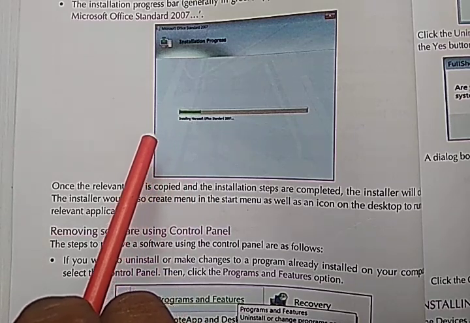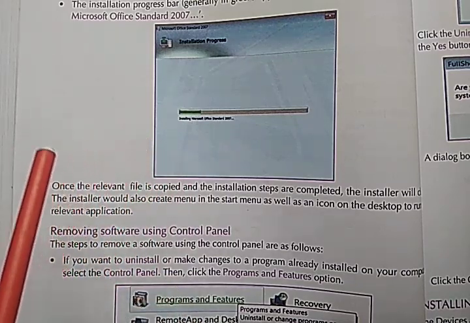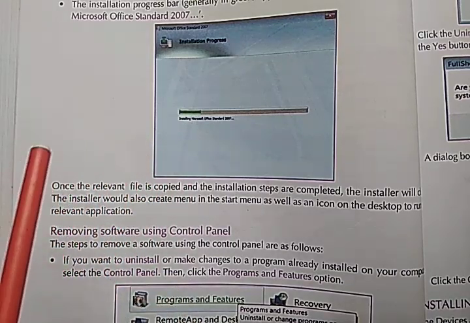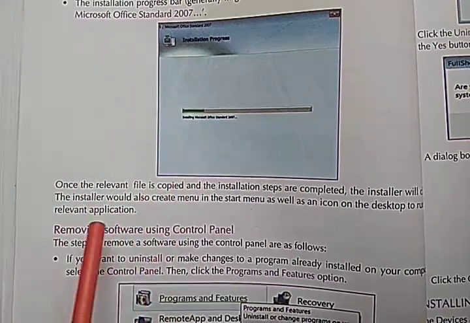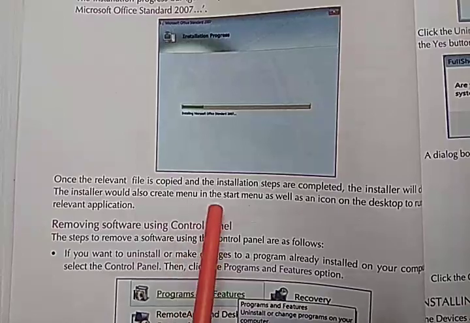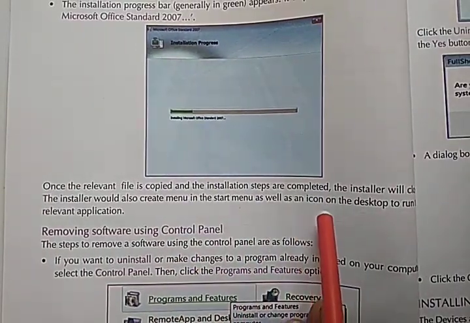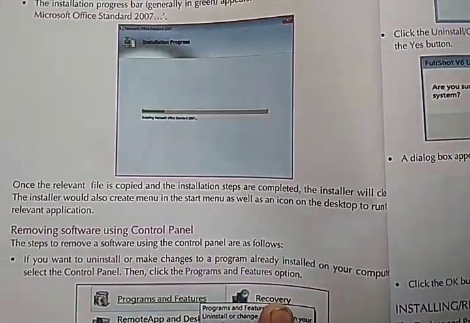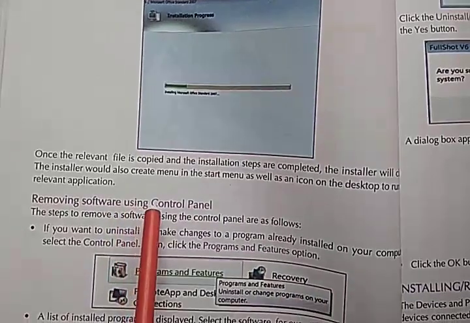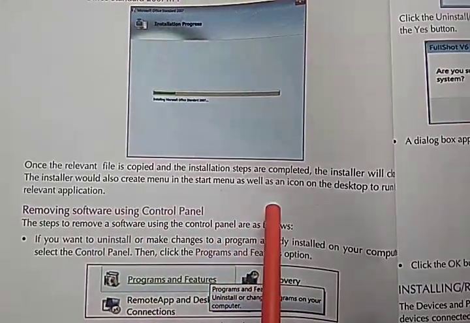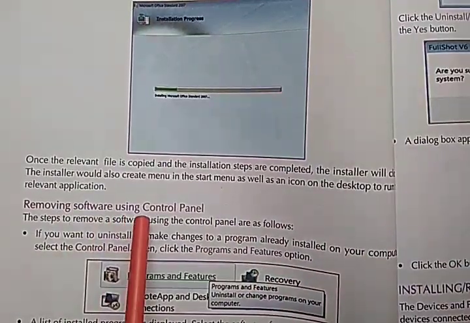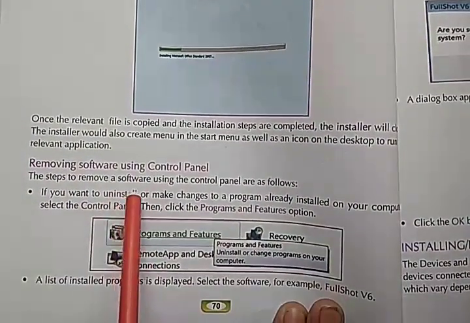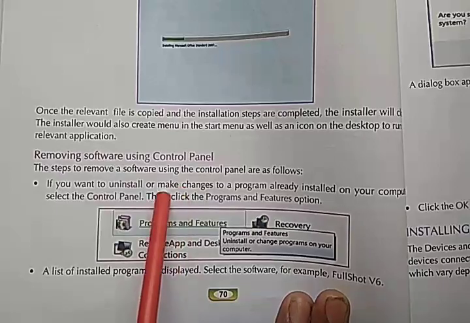It means that processing is completed in that part, and the installation work is still going on. Once the relevant files are copied and the installation steps are completed, the installer will close. The installer would also create a menu in the Start menu as well as an icon on the desktop to run the relevant application.